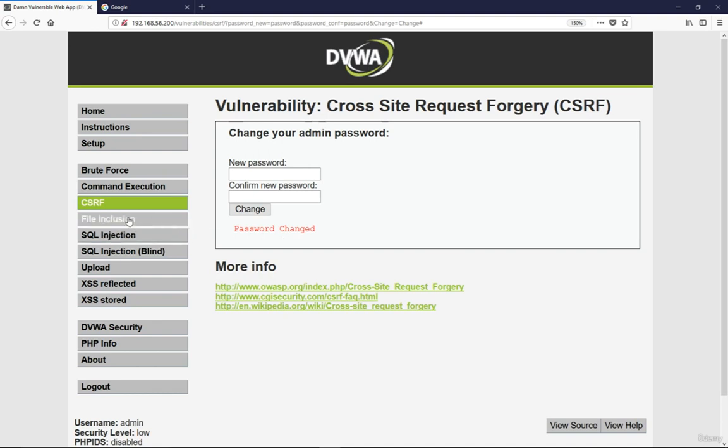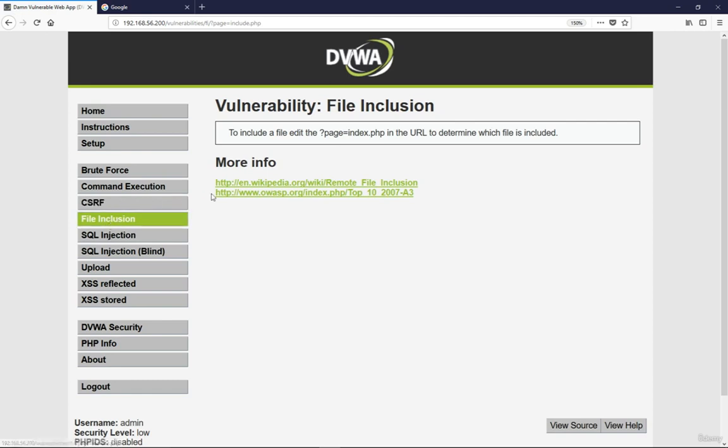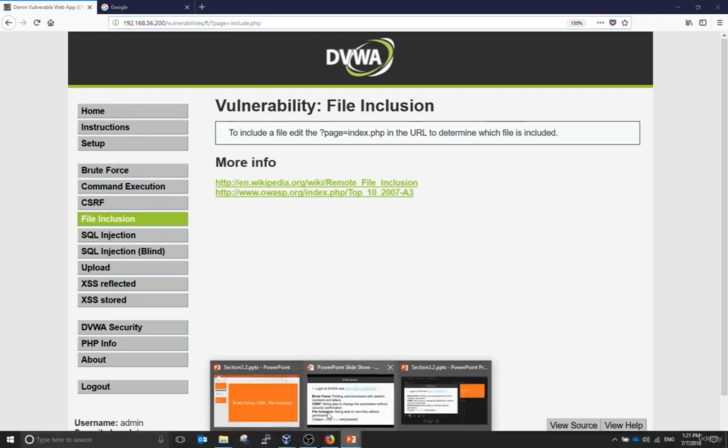The next thing we're going to talk about is file inclusion. So I click on file inclusion. You see that the problem with file inclusion is, if you don't have the right privileges or permissions on the system, you could simply go and view information on the system that you're not authorized to see. So you see that we have a URL and we're just looking at the URL here. But if I just go back to my document here,